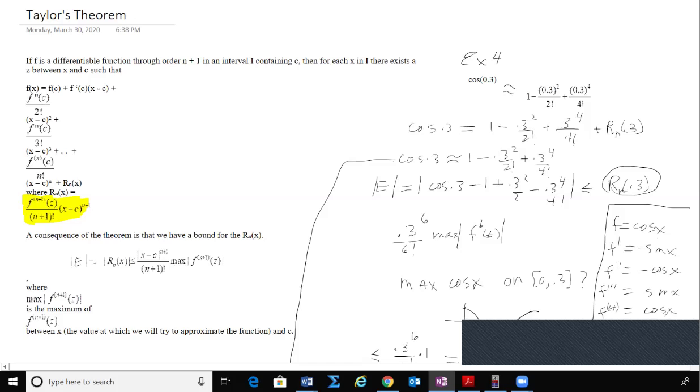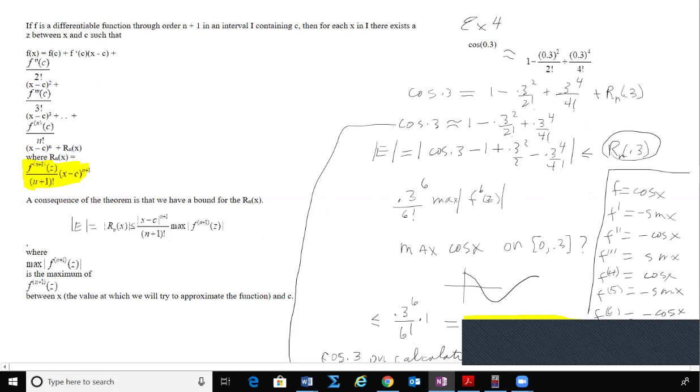Well, we can say we're going to have our remainder term on the end here, evaluated at 0.3, and the cosine itself, the one that we're using here as an approximation, looks like this. So without that remainder, we just have this. So it's not going to be equal to the cosine of 0.3, but it'll be off a little bit. How much? Well, we can bound that error. We don't know exactly by how much,